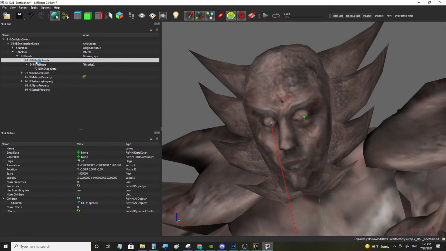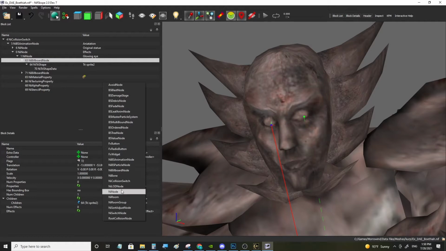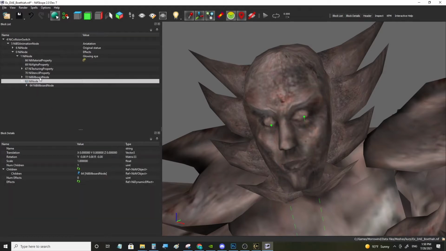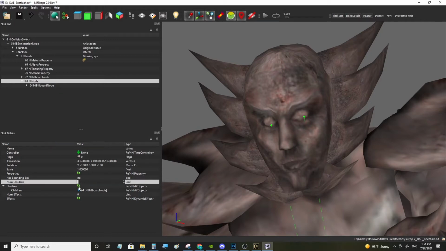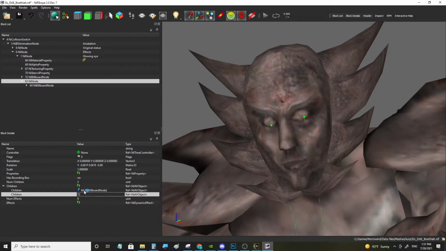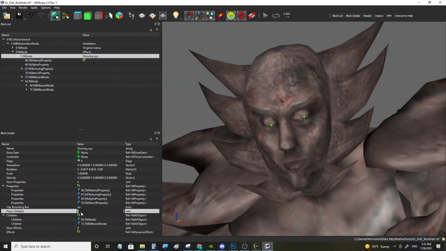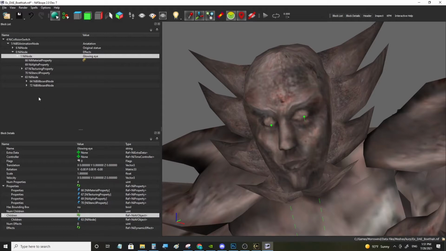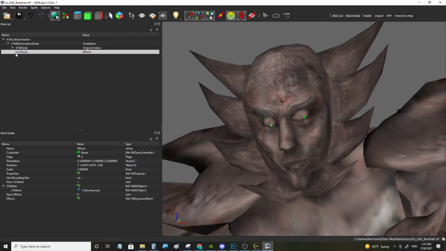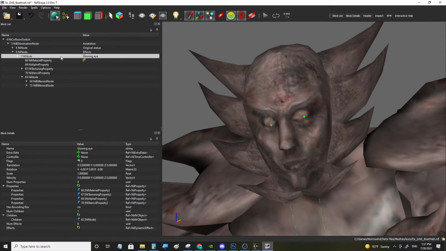Attach parent node, oops, attach node, and move the other billboard under it too, which is 72, and remove it from the original parent. So what happened now is that we have the effects containing node, under it we have the glowing eye